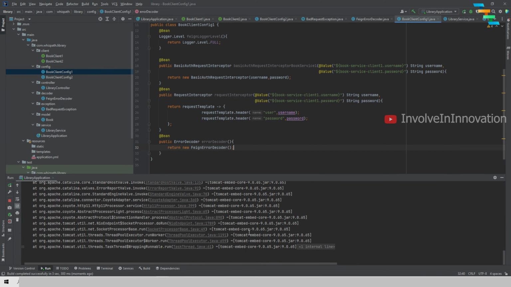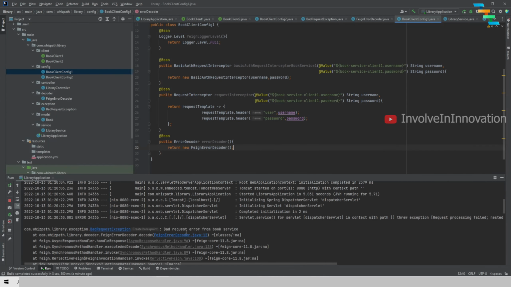So before invoking library 1, I will go to library 2 and I will refresh. I can see this is working fine, but if I refresh library 1, I got this error,